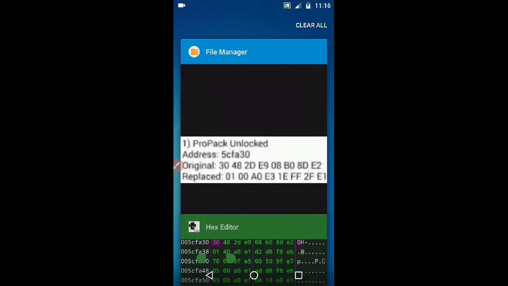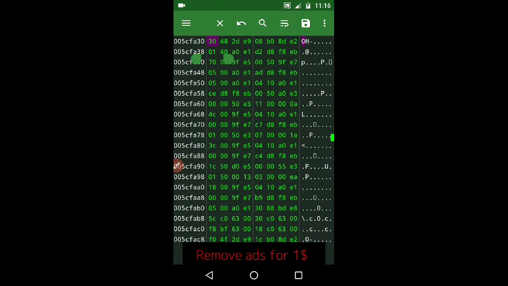Now you need to replace it with this: C3048-2DE908B08DE2, and see here also 3048-2DE908B08DE2. Replace it with the other one.